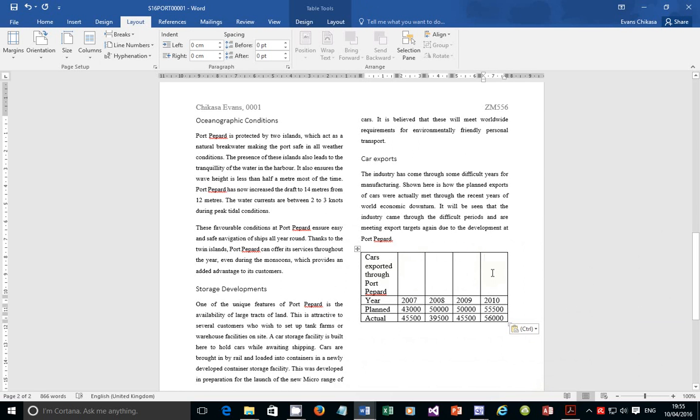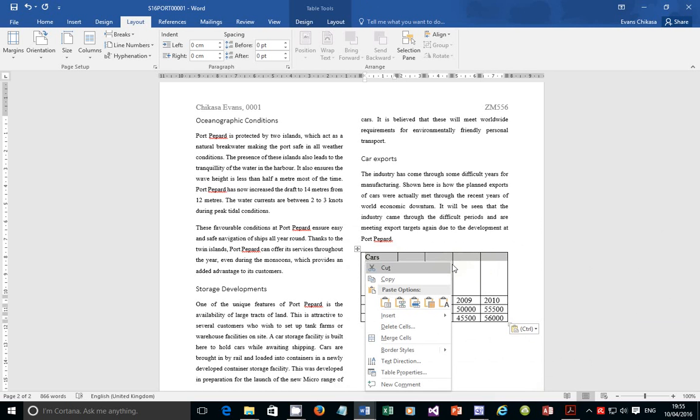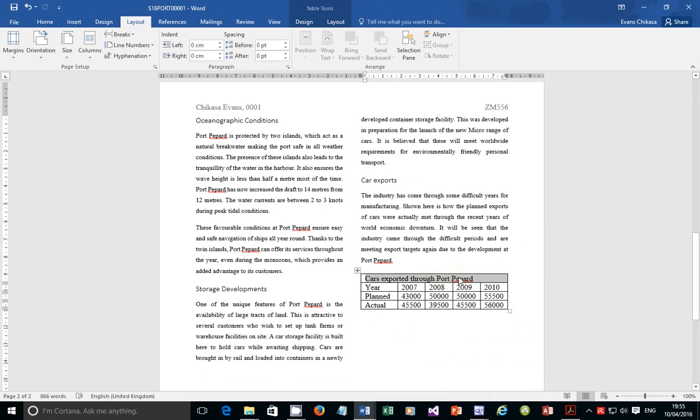For some reason, I don't know why I'm not able to right click. I don't know, guys. I'm not able to right click, so I'm going to use my keyboard key for menu. I don't know what happened. Maybe it's a setting I disabled somewhere or what. So I'm going to go and merge cells. Once I merge the cells, then I'm going to go on make it